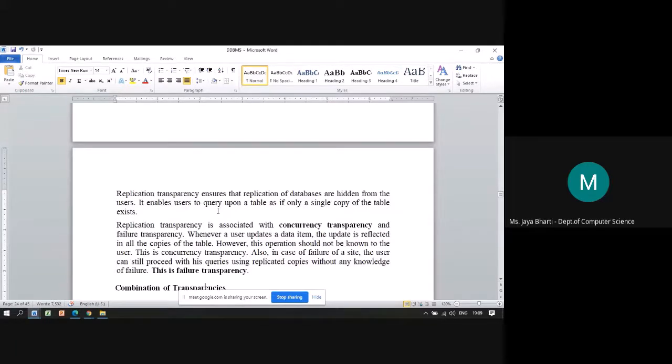Understood? If you are updating one copy of the table, that update should happen in all the copies, and the user will not be aware of it unless he gets wrong results. As long as the user is getting the correct output in a faster way, he is least bothered.